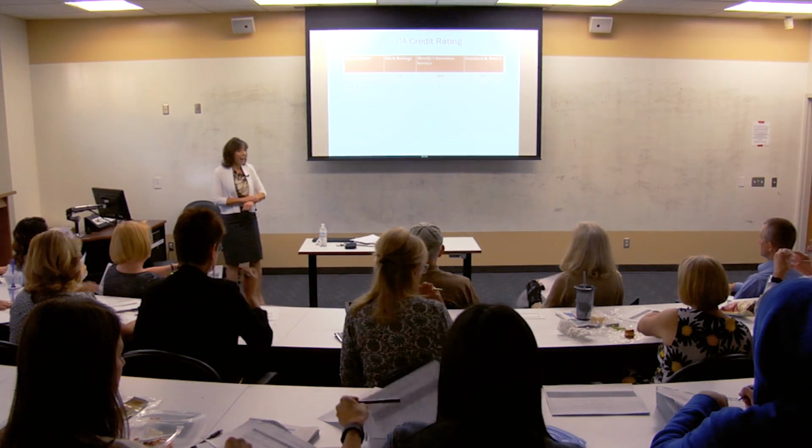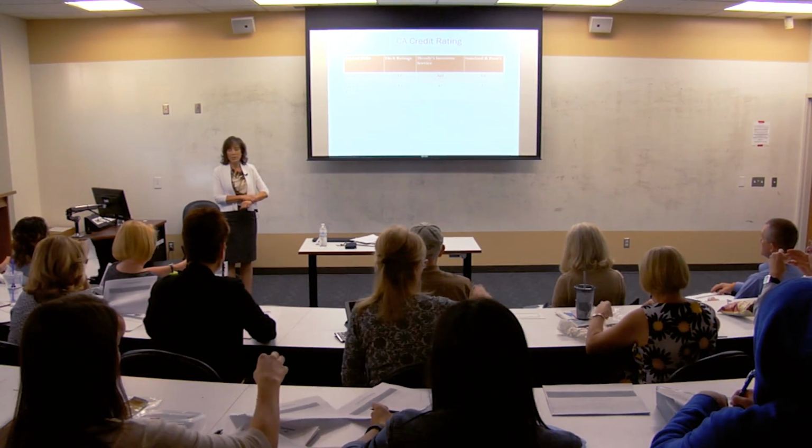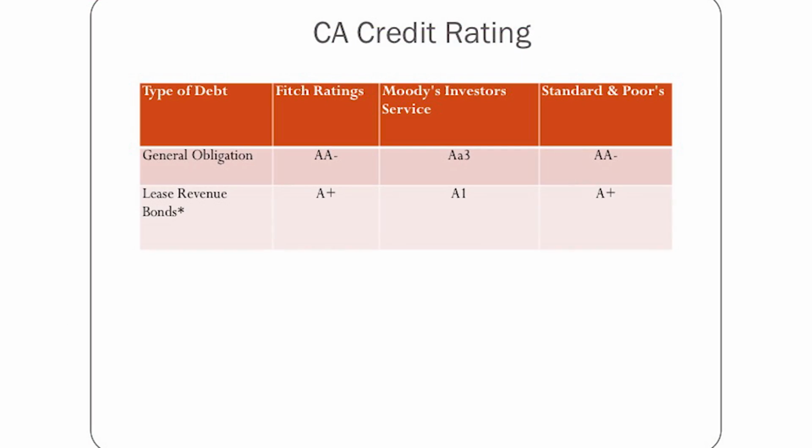Because we have such a high debt to income or debt to expenditure ratio, our credit ratings have taken a hit over the last several years. They've slowly started to make improvements. Starting with 2014, Prop 2 passed by the voters, started to chip away at some of those unfunded liabilities, and so Fitch and Moody's upgraded our credit rating as a state, which is the rate that we get to charge investors who buy our bonds.